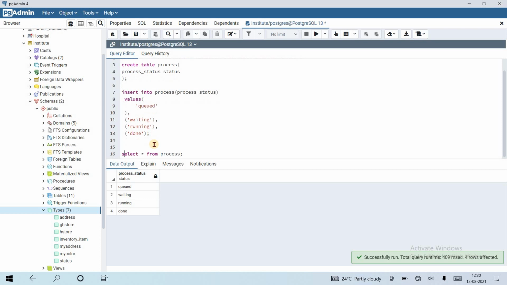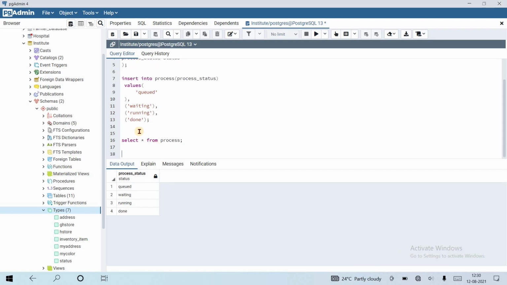Insert into process status values. Good. Suppose let's insert a value done. Is this value going to be inserted or not? Let's see.